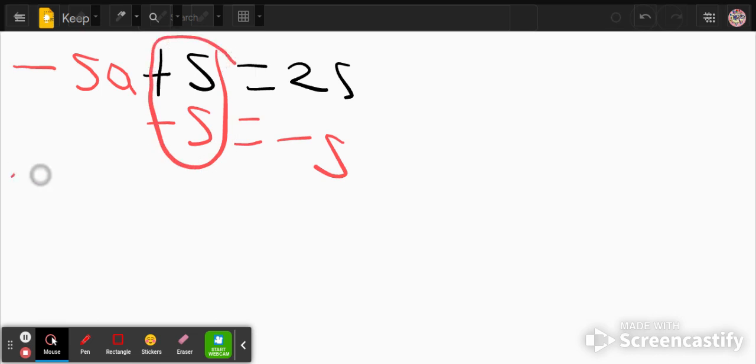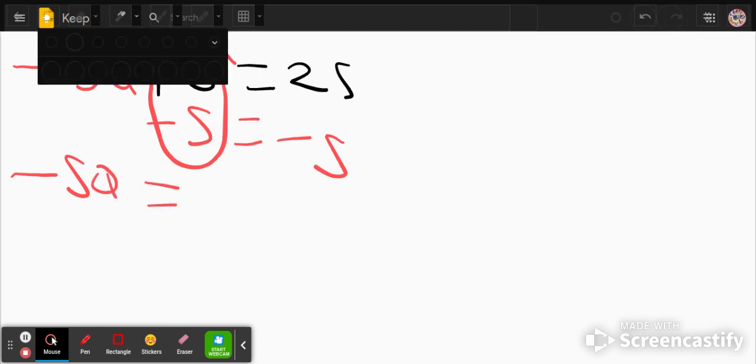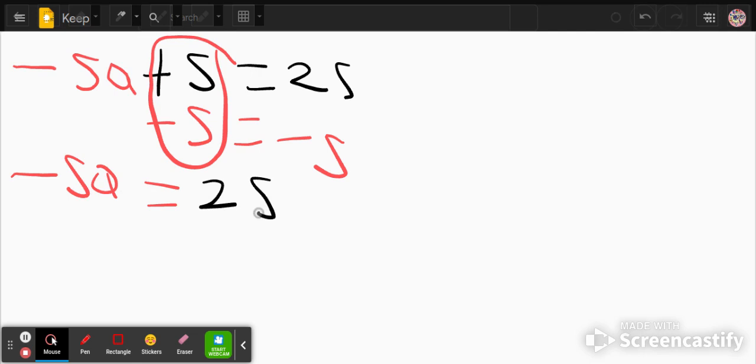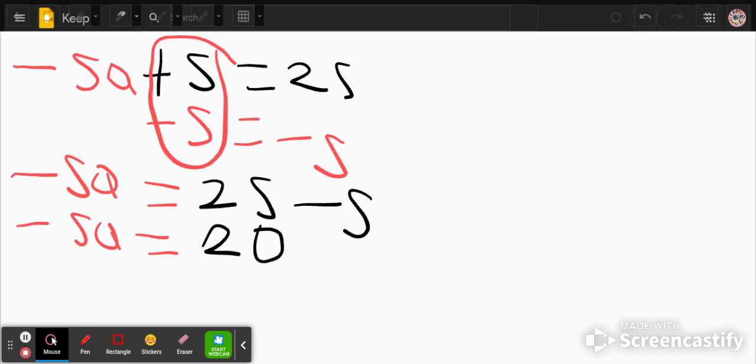So therefore, we're left with minus 5a is equal to 25 minus 5, right? And therefore, minus 5a is equal to 25 minus 5, which will leave us with 20. And to get a by itself, we need to divide minus 5 from both sides, right? Not minus, sorry, divide by minus 5 on both sides of the equation. So when you divide by minus 5 on both sides,